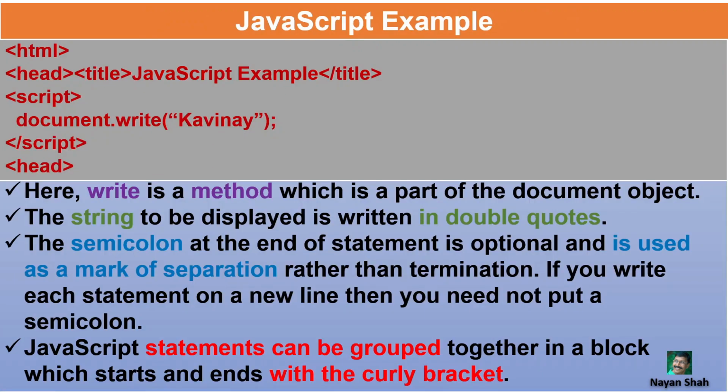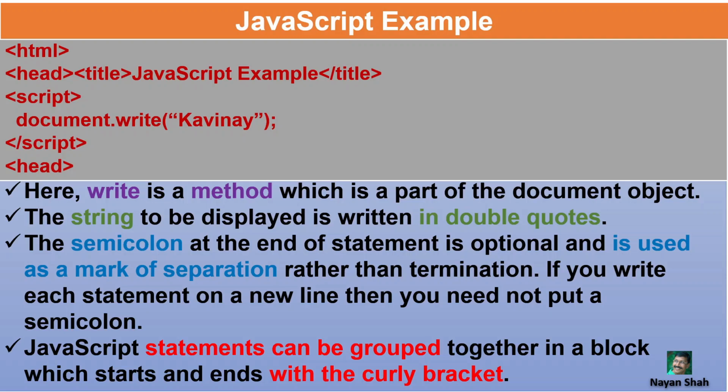This is a simple example of JavaScript code given in the textbook. You know most HTML files begin with HTML and end with /HTML. Here it just shows the head section, and in the head section you can see title, script, /script. In the last head there has to be a slash, which is missing, but it should be /head. But we are focused only on the things written between script and /script. There is only one line written,